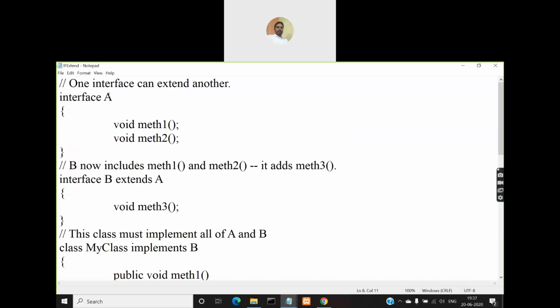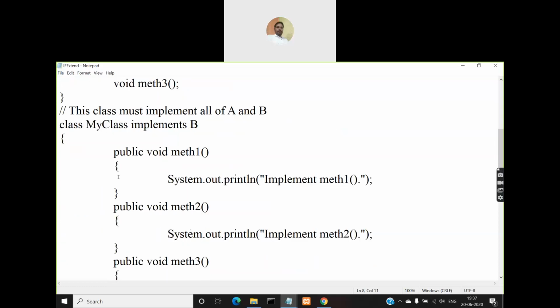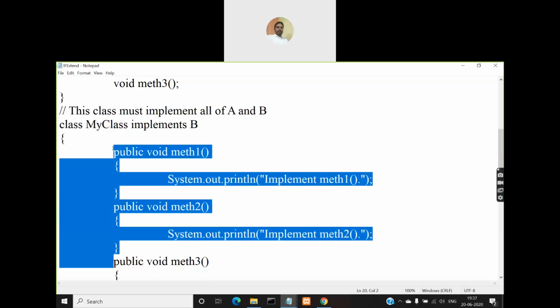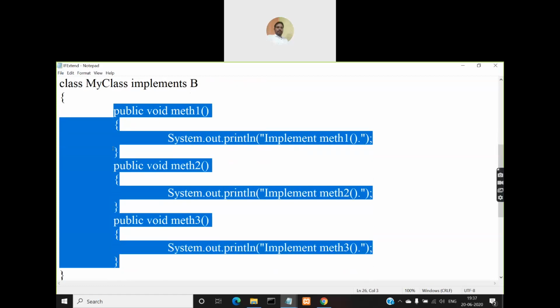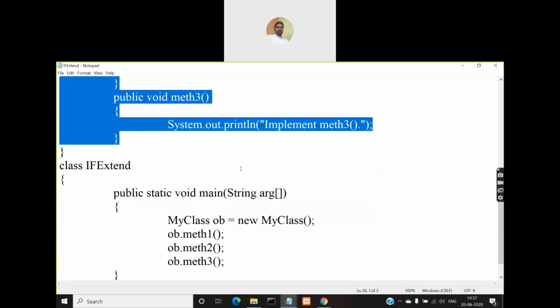If I implement A, I have to implement only two methods, but if I implement B, I have to implement three methods, because the class MyClass is implementing interface B. So I am implementing met1, met2 and met3 in this class. What are these methods doing? Simply they are displaying the messages implement met1, implement met2, implement met3, right?